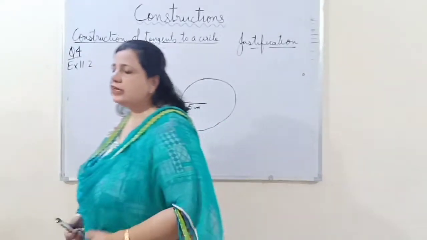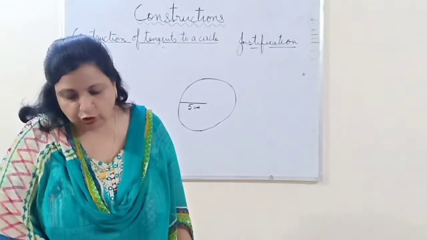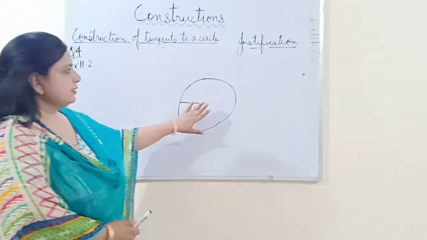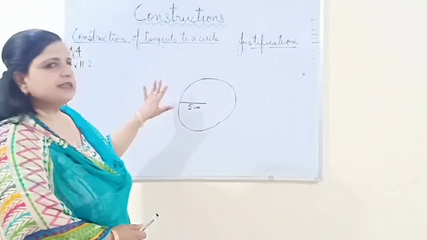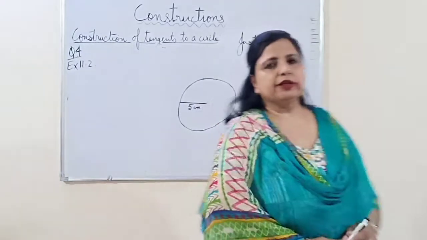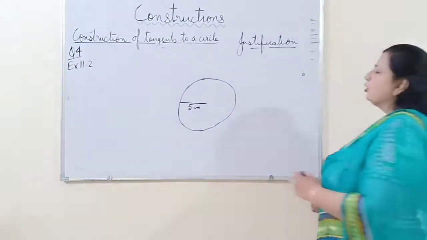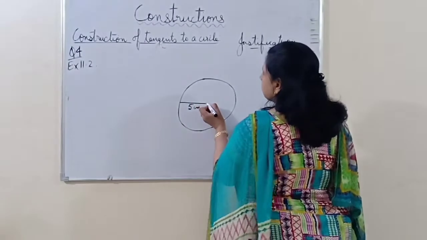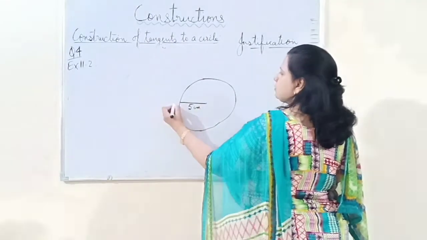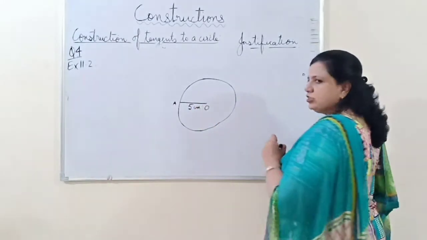Now the tangents are inclined at an angle of 60 degree. You draw a pair of tangents. We have to draw two tangents to this circle which are inclined at an angle of 60 degree. So what we will do here is, let us first draw a radius, such that this is point A. OA is the radius 5 centimeter.